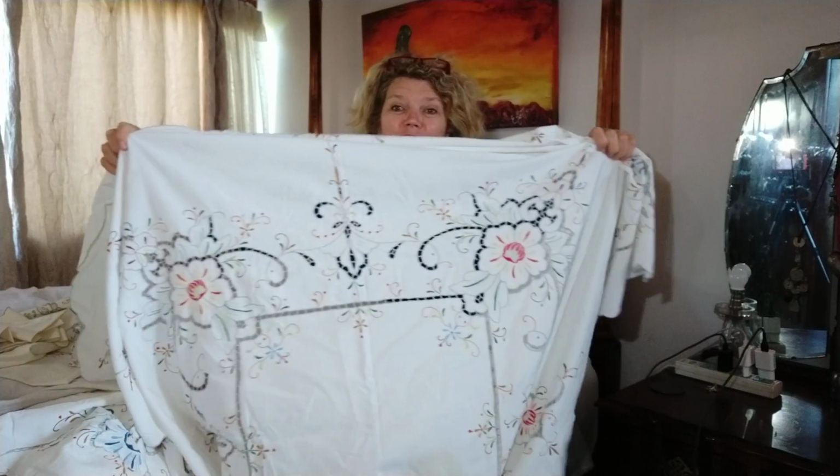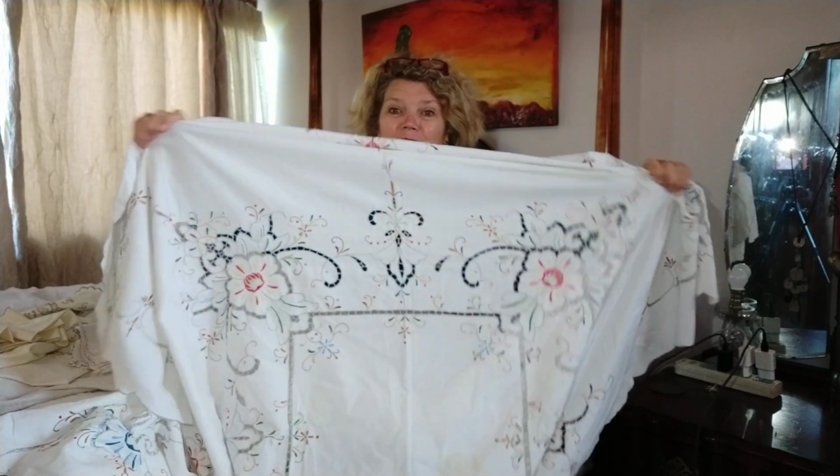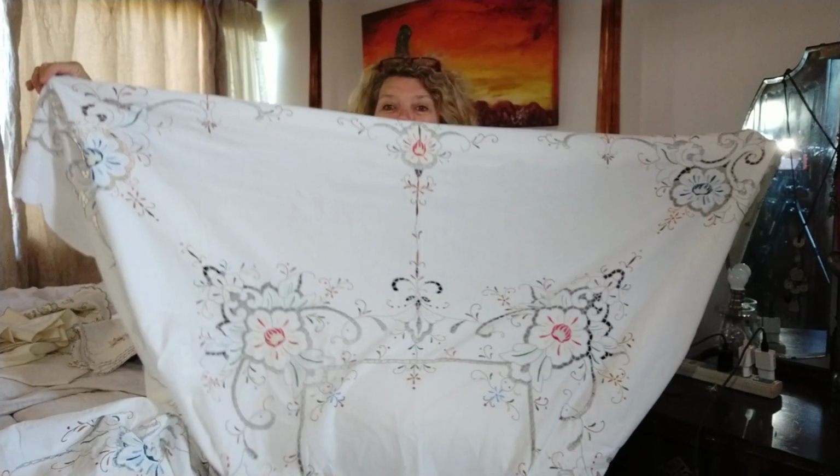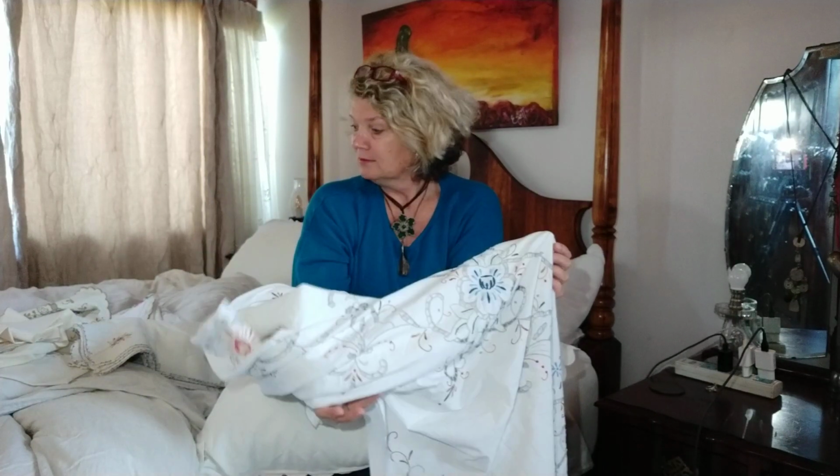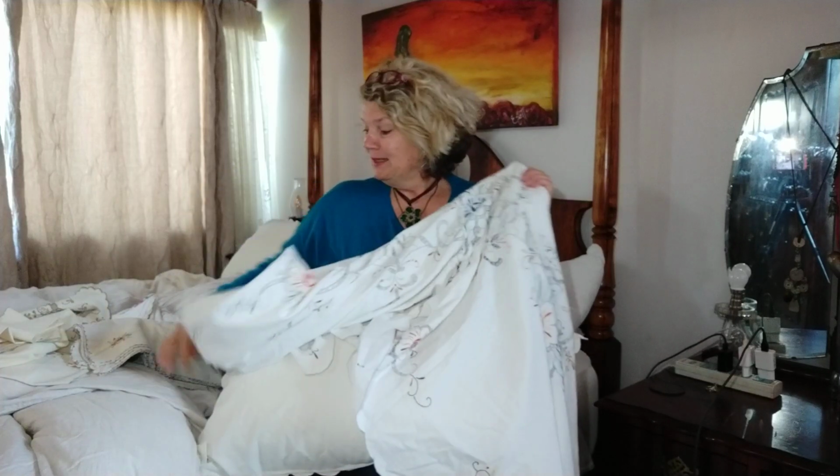So I don't know, I actually want to make a duvet cover out of this. Won't this be absolutely magnificent? Because you see, I'm never going to use white tablecloths. I'm past that. But I can enjoy this by making a beautiful duvet cover. And then make some...